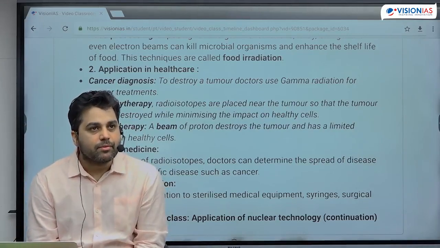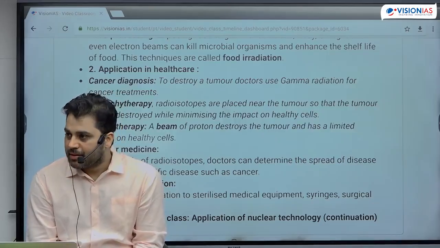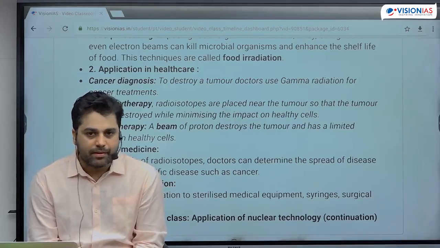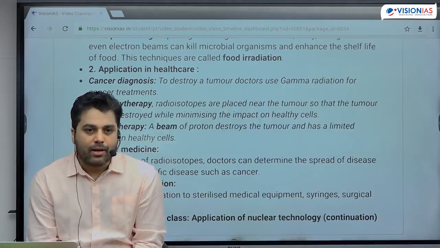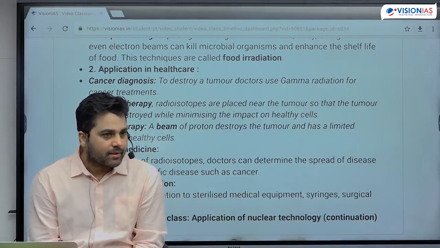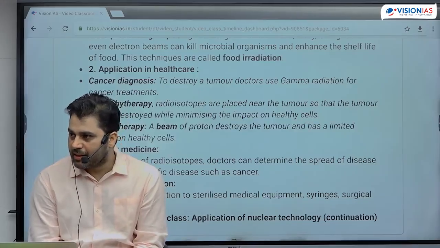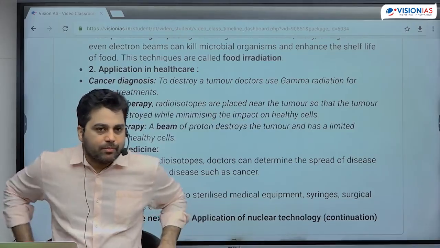What are the assumptions on which carbon dating works? The first assumption here is that the carbon 14 and carbon 12 ratio has not changed a lot in the last few thousands of years. That the ratio of carbon 14 and carbon 12 in the atmosphere has not changed a lot. And why do we assume that?